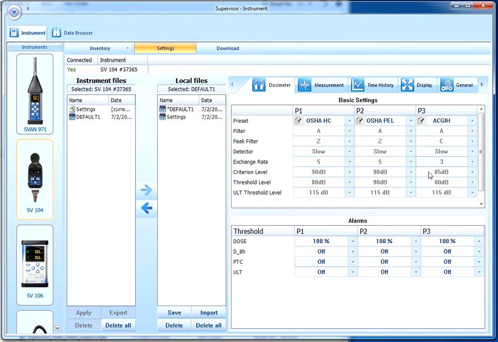In the lower part of the screen we have the controls for setting the alarm level that will activate in the dosimeter if any of the conditions for the three profiles are exceeded. So in this particular instance, for profile 1, profile 2 and profile 3, the red LED alarm light will come on when the accumulated noise dose reaches 100% based on the criterion level and the exchange rate selected above for